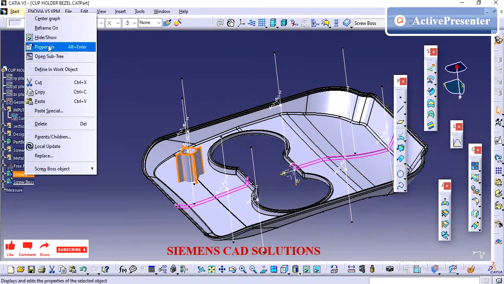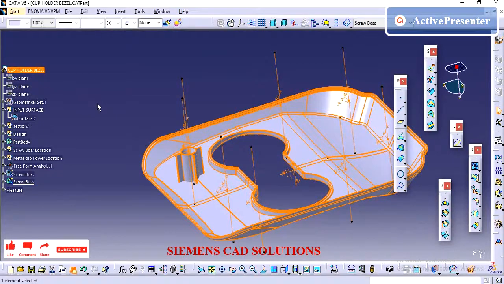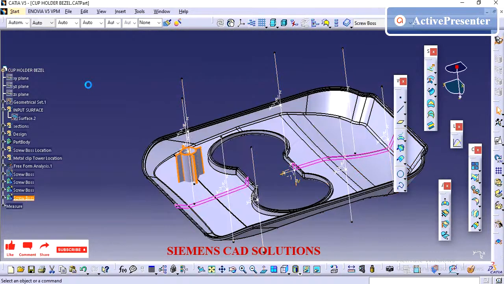If I want to modify anything on the screw bars, if I update the first body, it will automatically update on all the four features. If you have different dimensions, you can use the power copy so that you can edit it individually.